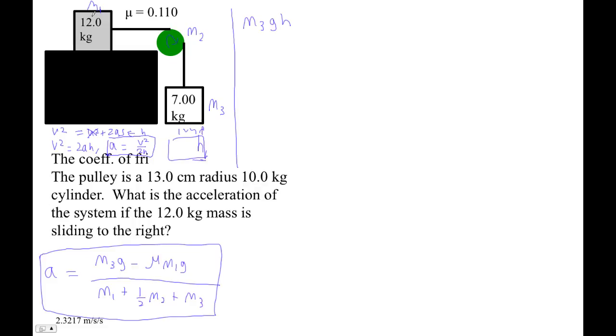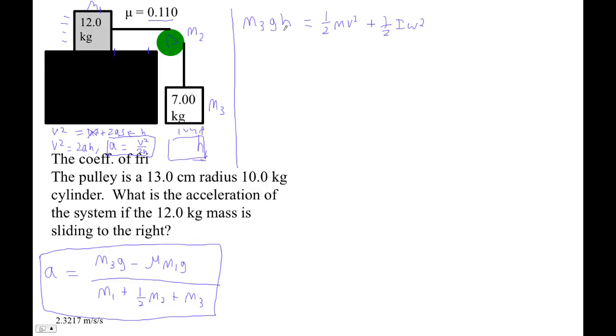This guy will be rotating. This will have kinetic energy, and then it also will have done work against friction, right? So we can't forget that, right? So our energy, the potential energy, is going to turn into kinetic, and then work against friction, right? Somehow friction's got to go in there, right? So let's just go 1/2 m1v squared, right, plus 1/2